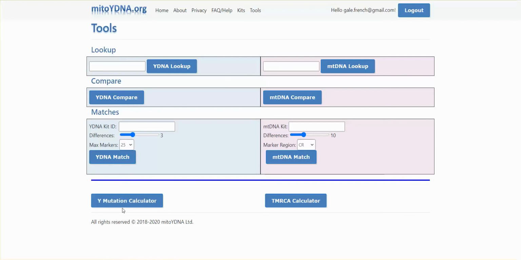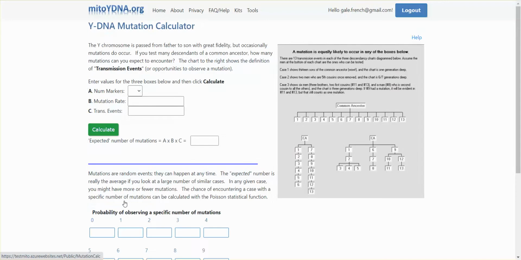Let's first click Y mutation. This tool was originally written by Ann Turner, and we use it at mitoYDNA with her permission. It allows you to estimate how many mutations you can expect to find in your tree based on the number of transmission events and the number of markers. The figure on the right